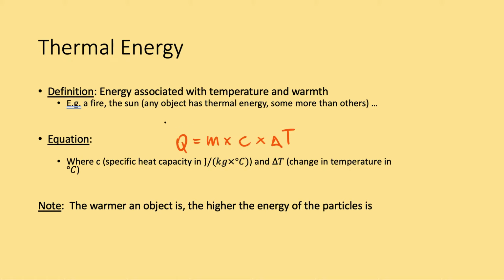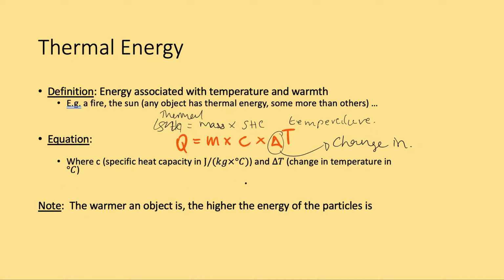So we have the thermal energy is the mass multiplied by the SHC, and multiplied by delta T. This triangle means change in, so it means change in T, which is the temperature. Okay,